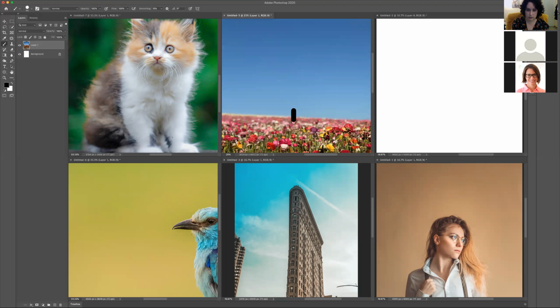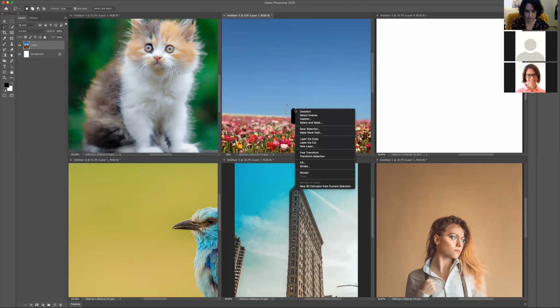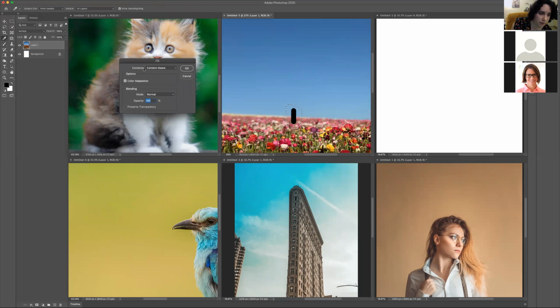Flowers here, like that. So then you can take a selection around it. I'm going to use the lasso tool. And then you can right click it, and fill. Then the default option will be content aware up here for contents. So what that means is Photoshop's going to analyze that area and fill in that spot based on what's around it to make it look as natural as possible. So I'll say okay,